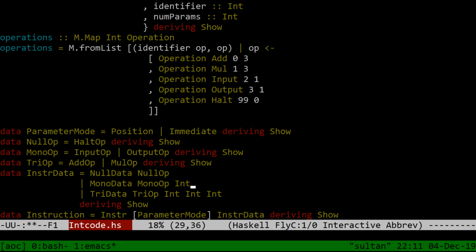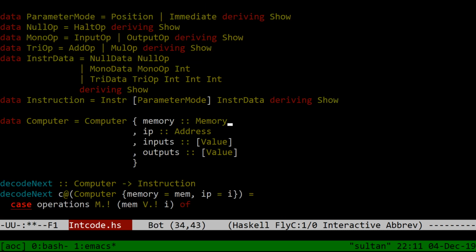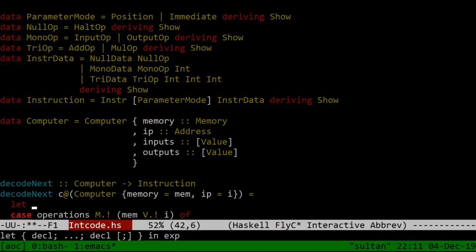So what I want out really is an instruction, right? Oh, you know what? I need another function first. Maybe it can be a where clause here. But that splits an integer into its lower two digits and a list of whether its higher digits are 1 or 0, right? Let modes,